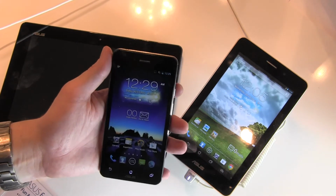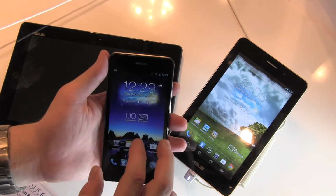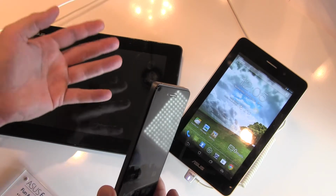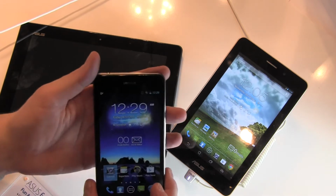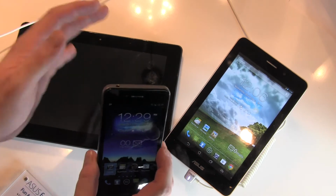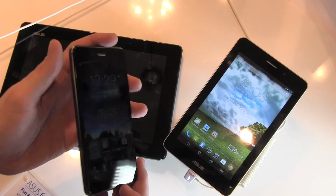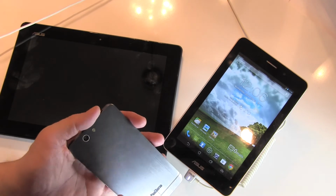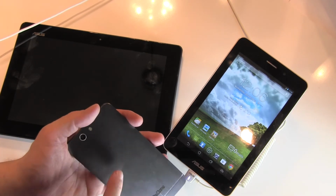Asus showed two new products at the Mobile World Congress. This is the PadFone Infinity, the successor of the successful PadFone 1 and 2. Again with that trick, you have a combination of smartphone and tablet building one unit. But this time it's a lot more stylish because we have that single body aluminum back over here, like on